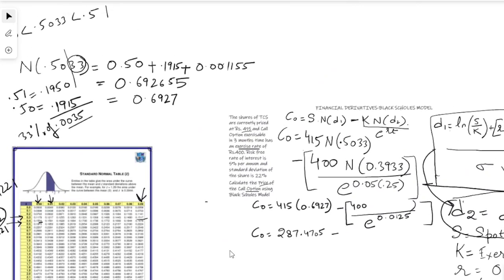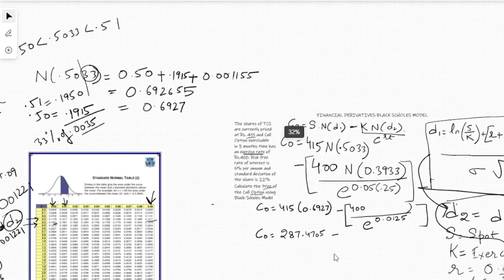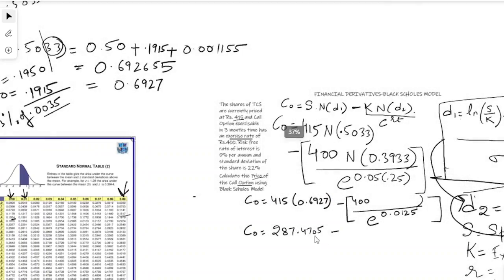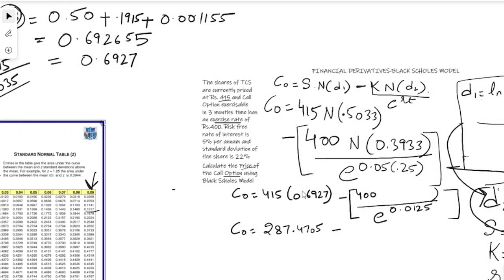See, how do we do that? We know that the value of D1 came out to be 0.6927. So 0.6927 into 415 will give us 287.4705, multiplying both these factors. Now 400 into 0.3933, the normal distribution value of which was 0.6529. Now we have to take up till 4 decimal places only. 0.6529 into 400 will give you